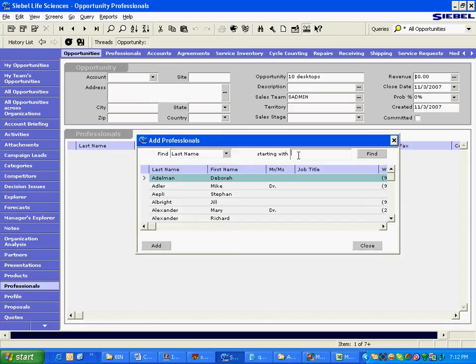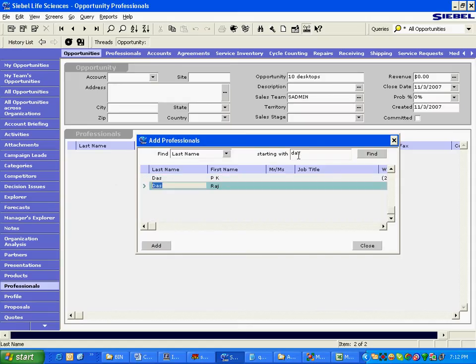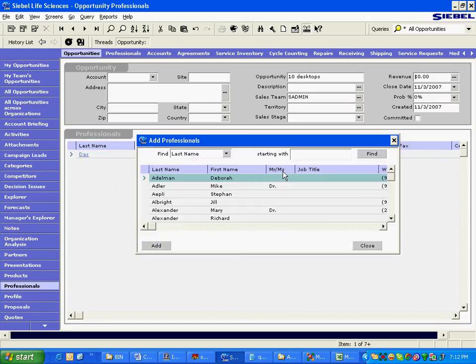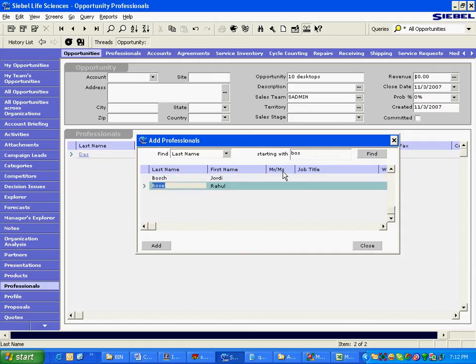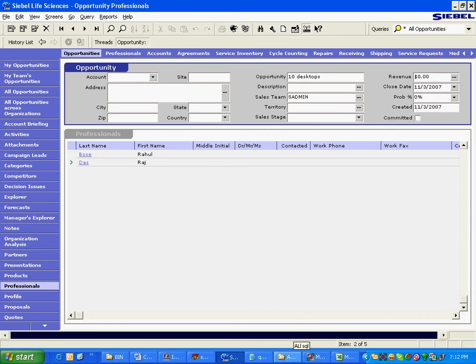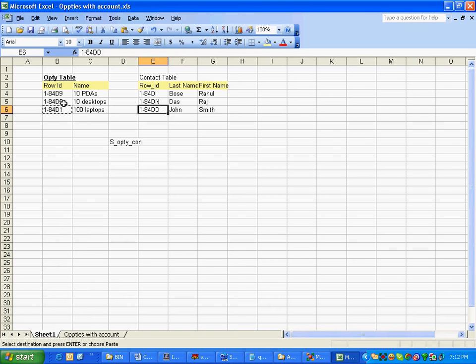Who all is there? Raj and Rahul. Here, Rahul Bose. Right? So 10 desktops is this one.